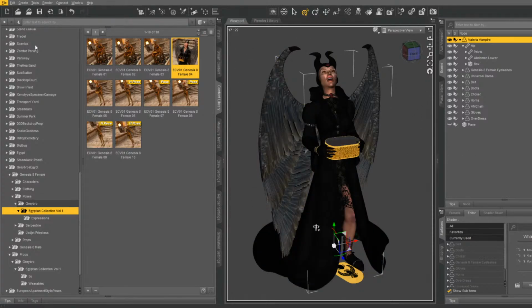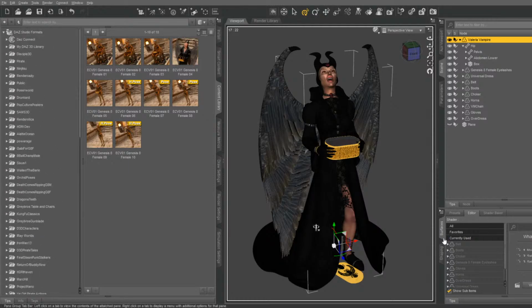Alright, so now I'm going to save this as, actually needs to go in, we'll just call it scenes here. And we'll call it Evil Queen. There we go. Evil Queen with box. Okay, so